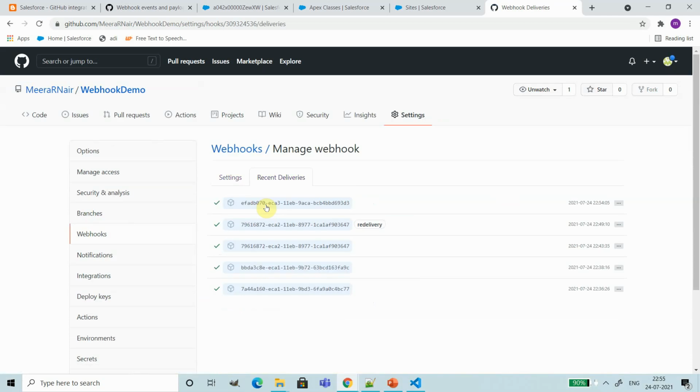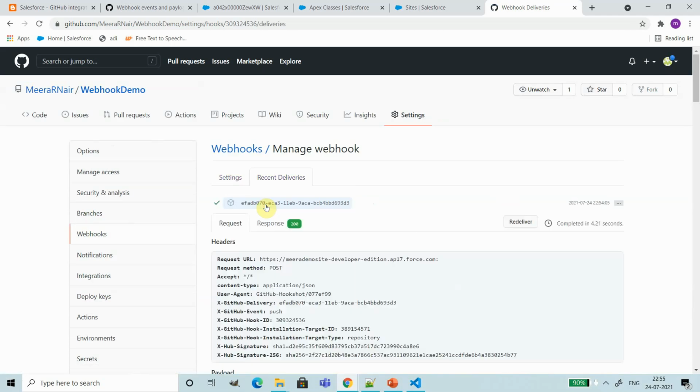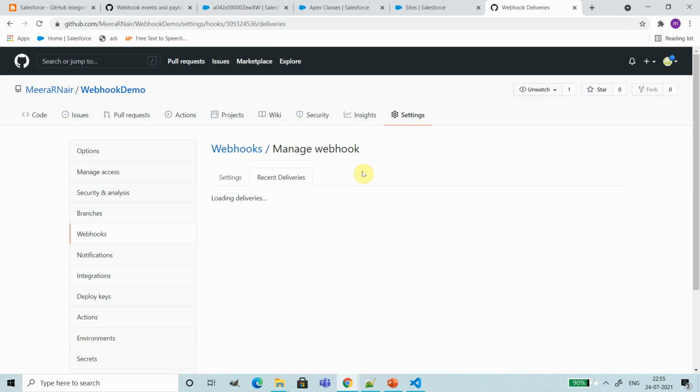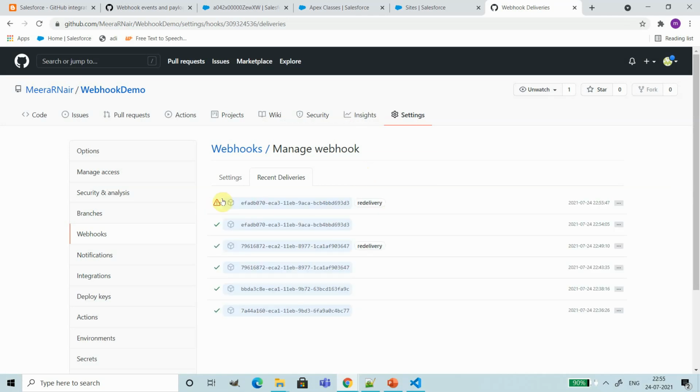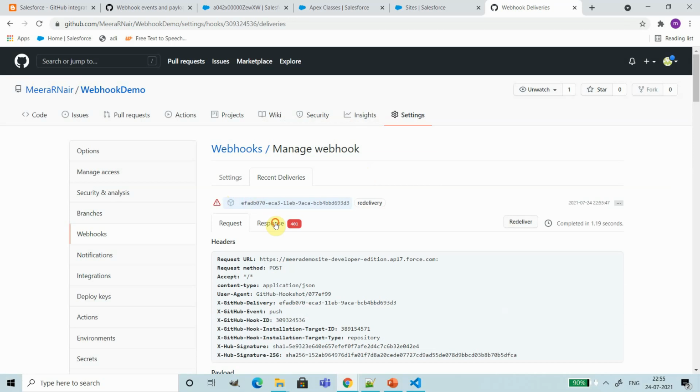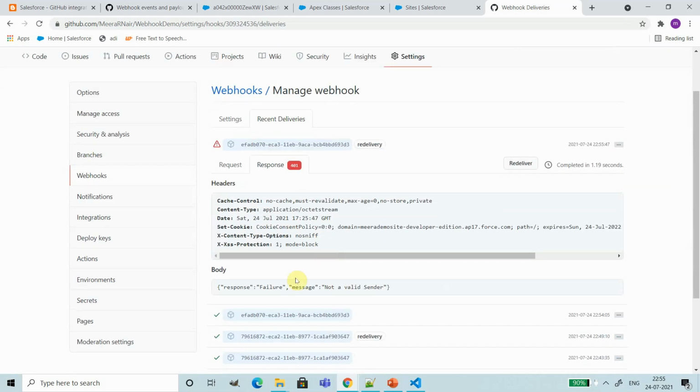And what we are going to try now is to redeliver the same message that got delivered successfully just now. You can see that this failed, and if you go to the response details, you can see it is not a valid sender.